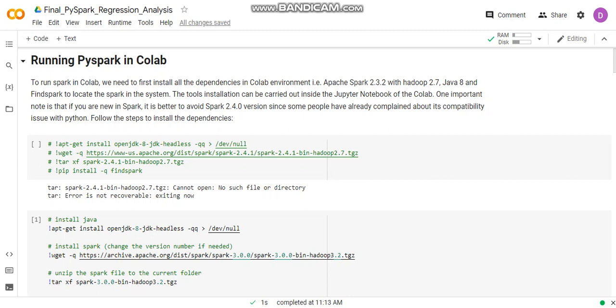Today we are going to learn how we can build a simple network in PySpark using the MLlib machine learning library to build a simple linear regression model. Here, first of all, to run Spark in Colaboratory, we need to first